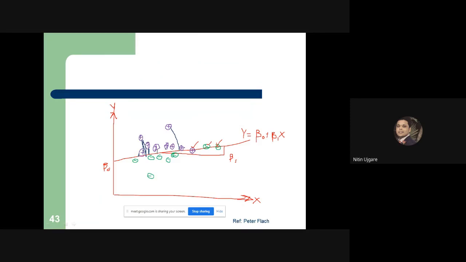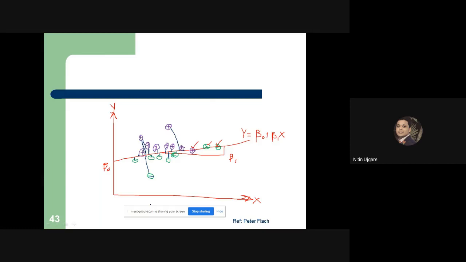But for most of the instances, error is very small. So for these instances, error is very small. For these three instances, error is zero actually. For this instance, error is very small. For this instance, error is increased. For these data points, error is very low. However, for this instance, it's very high because this point is far away from our linear regression line. So overall, when you take a sum of square of these errors, and if it is minimum, then we can say that this line is a best fit linear regression line. Okay.